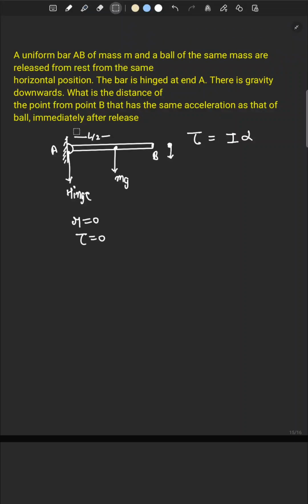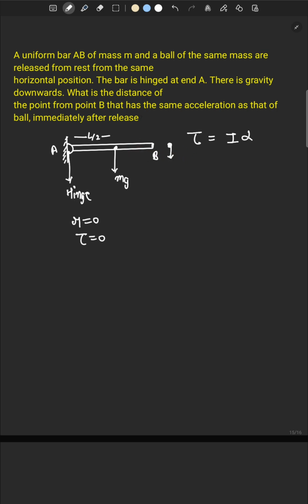This is a rod which is hinged at A, and we have just released the rod from this horizontal position. It is asking which point on the rod will have the same acceleration as that of the ball. This is a ball, and we have released this rod as well as this ball at the same time. We know that this is a freely falling ball, so its acceleration will be g. It is asking which point on this rod will have the same acceleration as this ball,